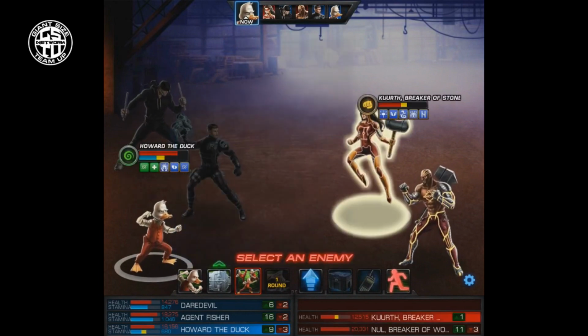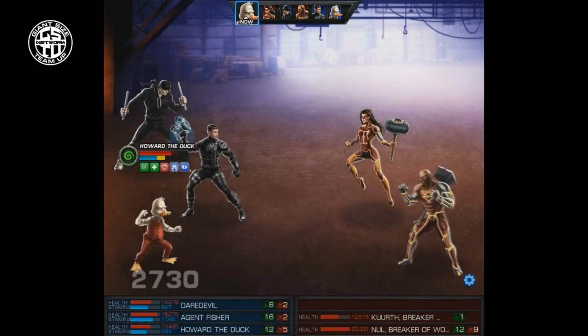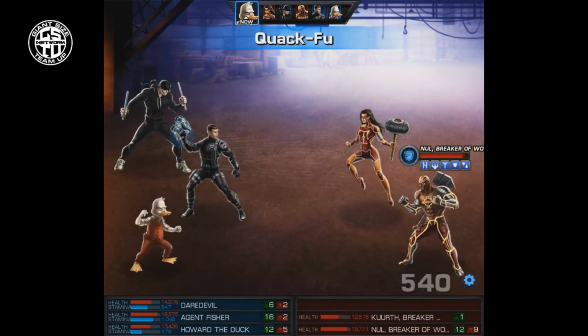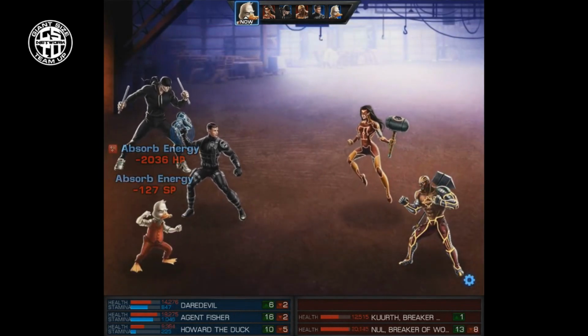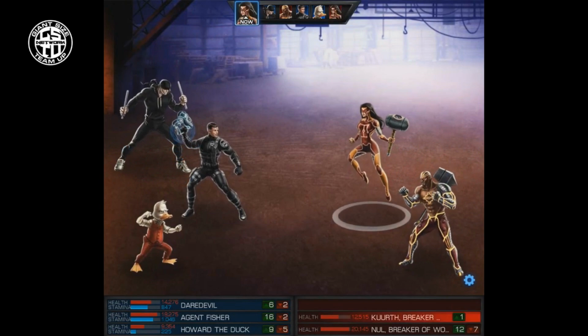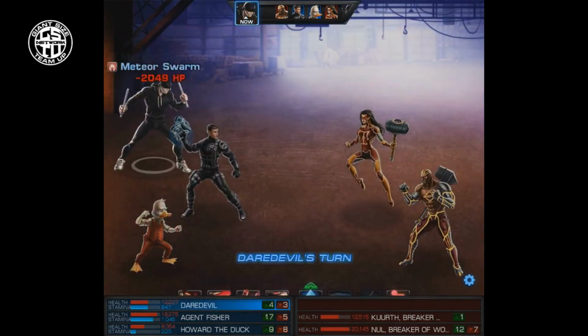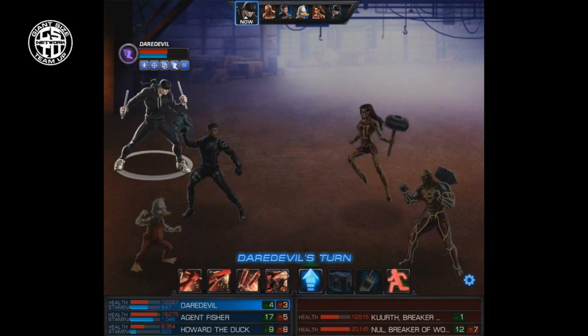Like I said earlier, if you do attack a flanked opponent with Quack Fu, you'll end up stunning them. So we do ultimately hit Null with that. Combo setup comes first, then Knockout Punch from Eat My Glove. After that, Null should be stunned. Alright, now Kurth does use Fear Me, which can be very annoying. But on the Man Without Fear's turn, we're going to go ahead and use...